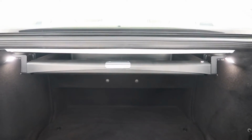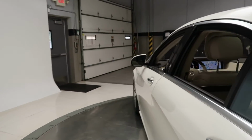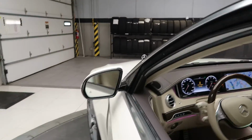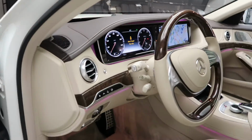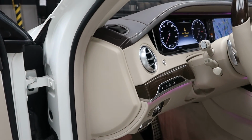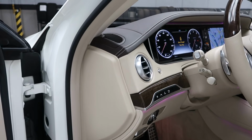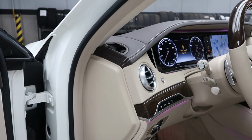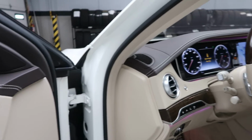S550 4MATIC badging, power lift gate, comfort box for extra storage, clean set of floor mats. Coming alongside, this one does come with the driver's assistance package with blind spot assist. Driver's assistance package also includes Distronic Plus, active blind spot assist, active lane assist, Pre-Safe Plus,